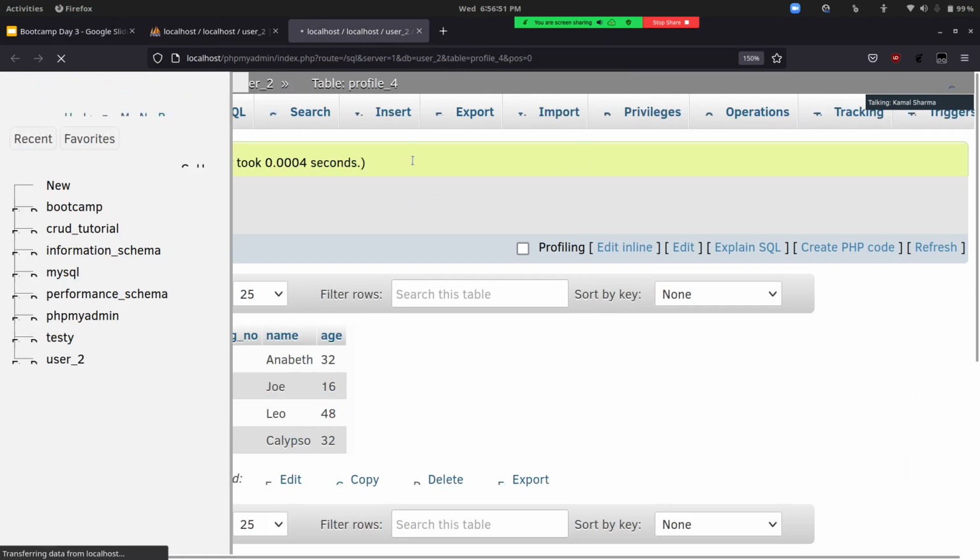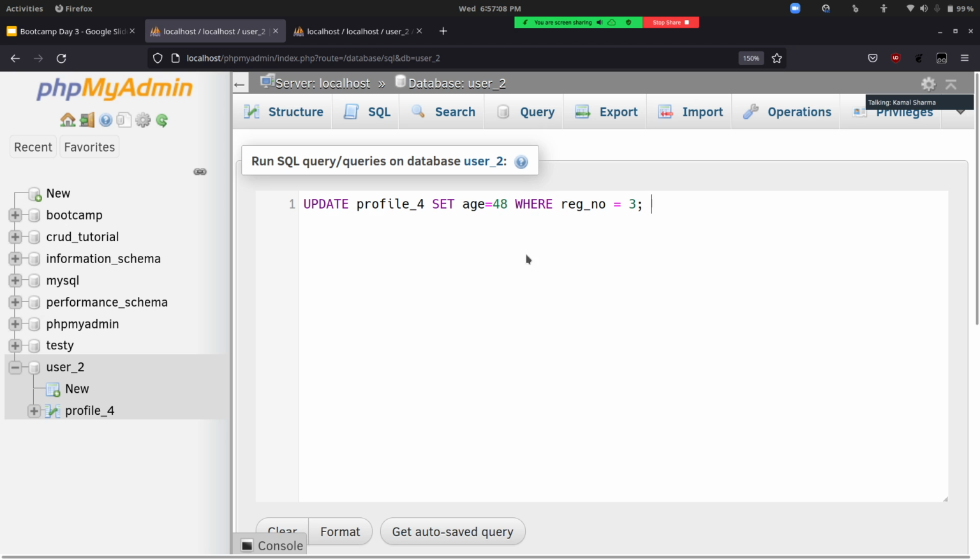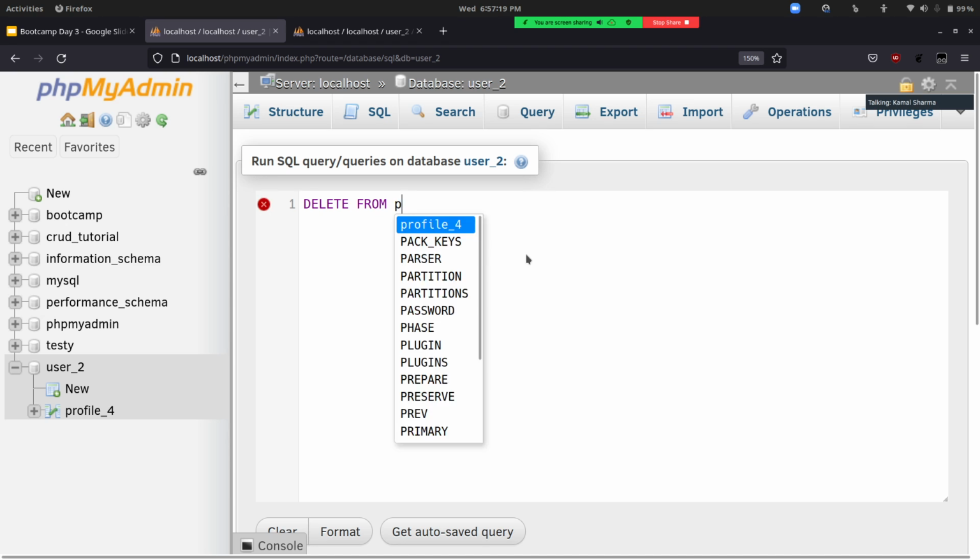So I'll do one thing. I'll just refresh. What shall we delete? We'll try to delete Calypso. But before that, let me go to the query box and write delete from the table name, I guess, profile_4.